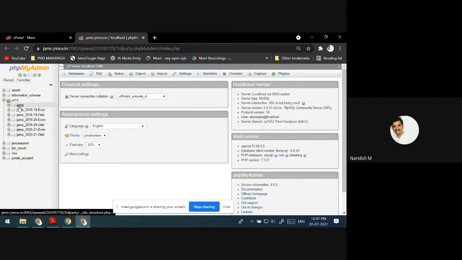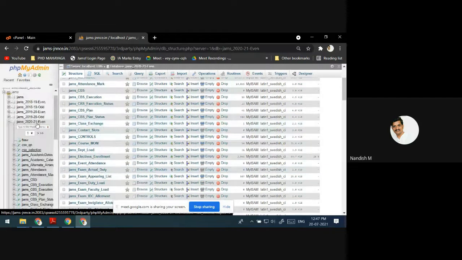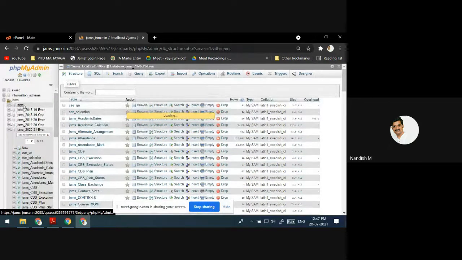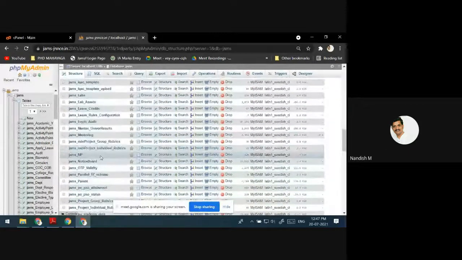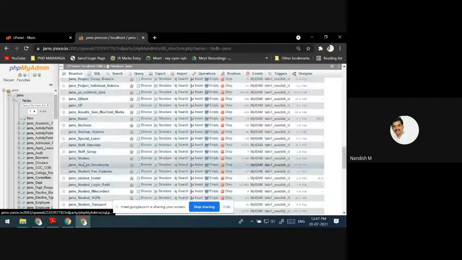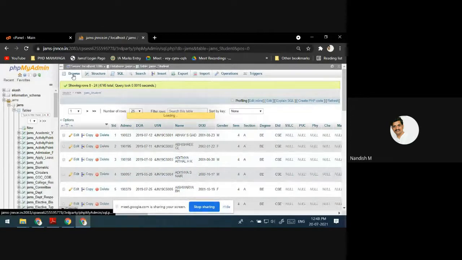Inside that there are so many tables. See where exactly your data is stored. Jams, inside that there are so many tables, like jams_student. In this student table, all your information is stored: student ID 1, admission number, date of admission, USN, name, everything gets stored. This is one table, and in that way there are so many tables.